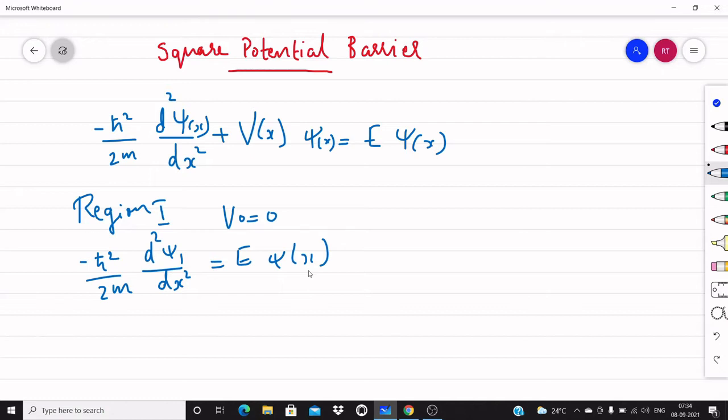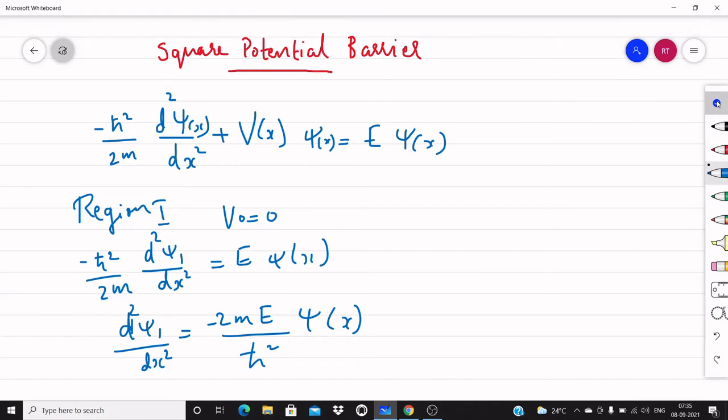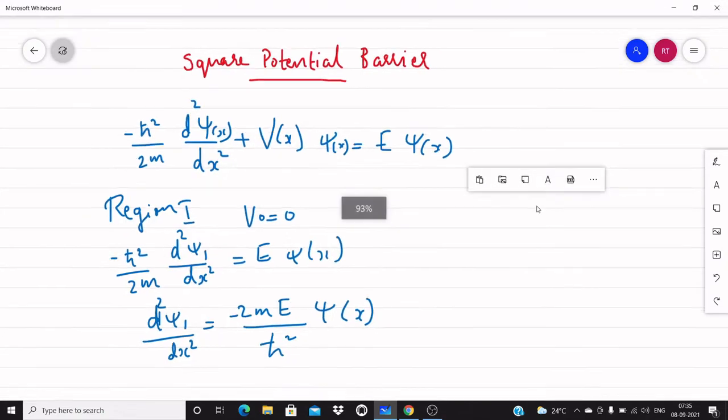Rearranging, we take minus h cut square by 2m to the right hand side, so we have d square psi1 by dx square is equal to minus 2mE by h cut square into psi of x. Take the term on the right hand side to the left hand side, and we will write it as